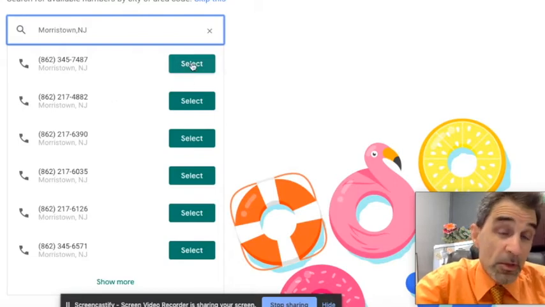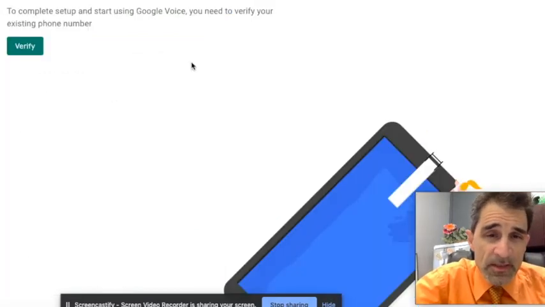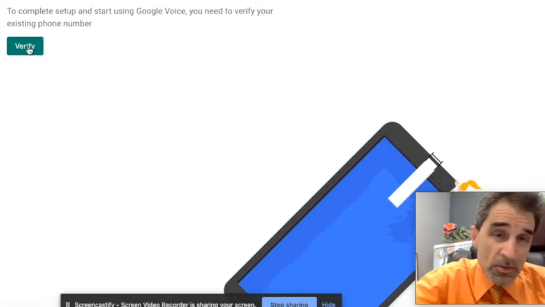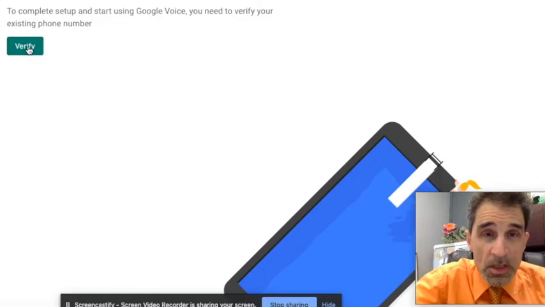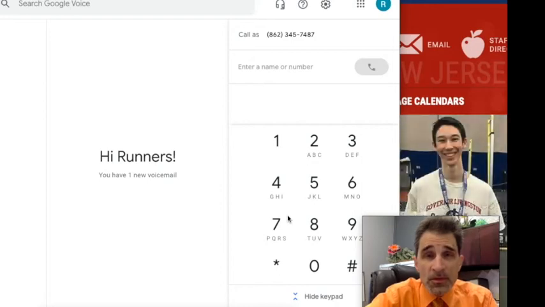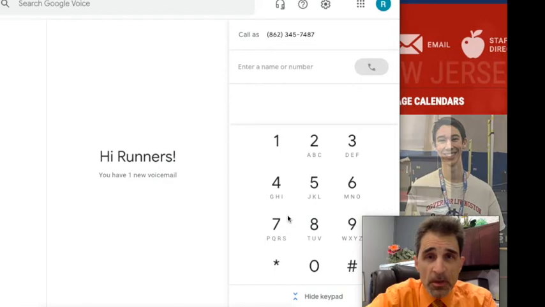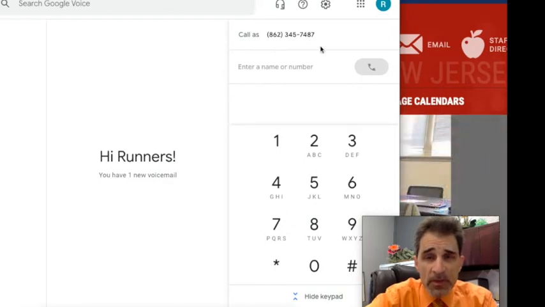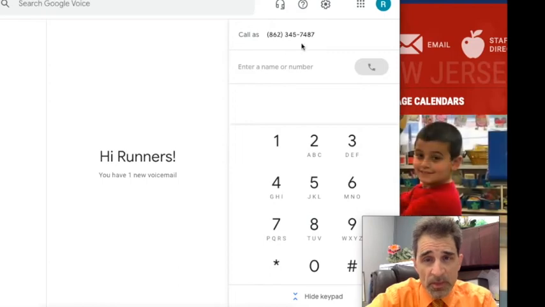As soon as I know what it is, I will select that value, and then I will verify. And what it's going to do is try to call you on a live phone number to ensure that you're a real person. Once your account has been verified as attached to a real phone number, the phone number that's been assigned to you, or the one you've picked, is in the upper right-hand corner,